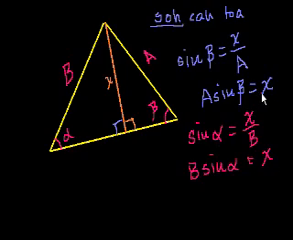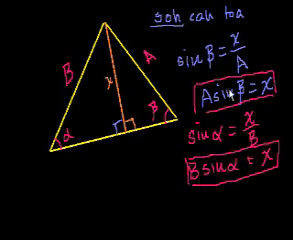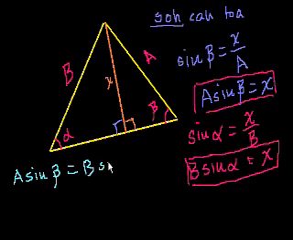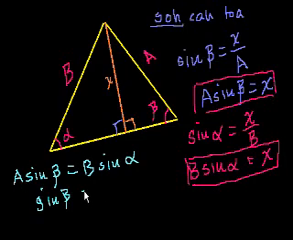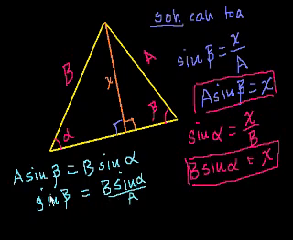So now what do we have? We have two different ways of solving for x, the line I dropped down from this vertex. We have A sine of beta is equal to x, and b sine of alpha is equal to x. If they're both equal to x, then they're equal to each other. So A sine of beta is equal to x, which is also equal to b sine of alpha. If we divide both sides of this equation by A, we get sine of beta, because the A on this side cancels out, is equal to b sine of alpha over A. And if we divide both sides of this equation by b, we get